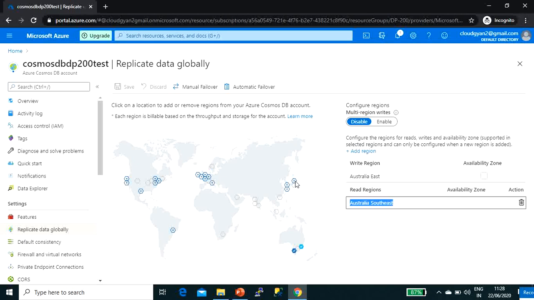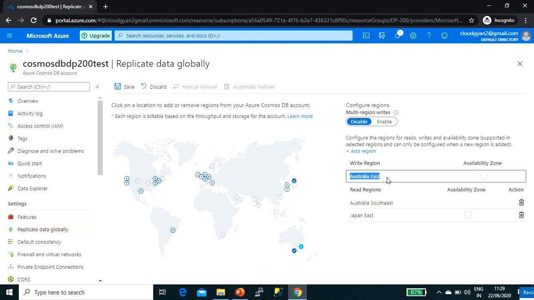If you have added one more, Australia Southeast will become the write region and Japan East will be the read region. So in case Australia East goes off, this will be done automatically by Azure itself. We don't have to do anything.